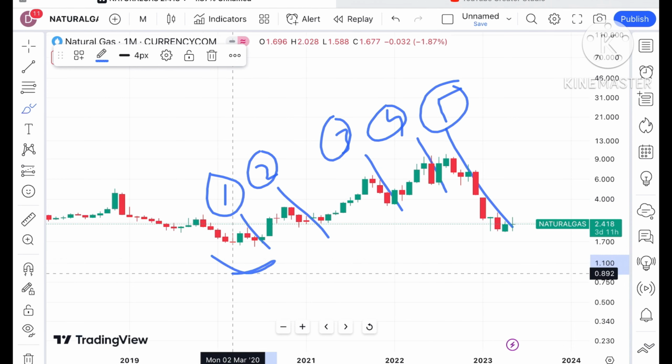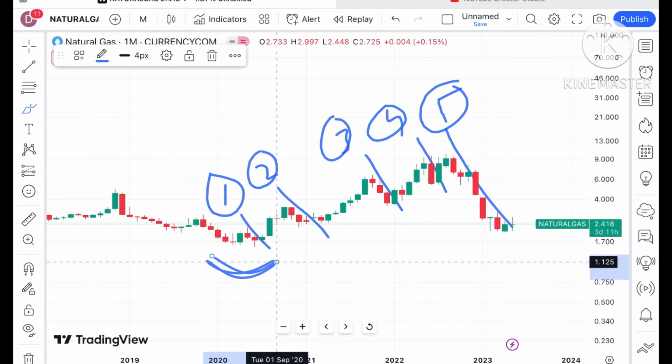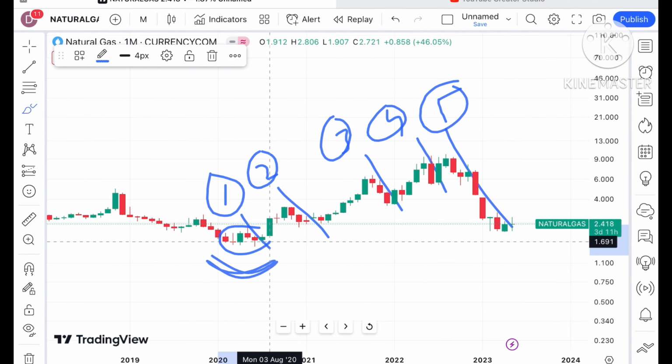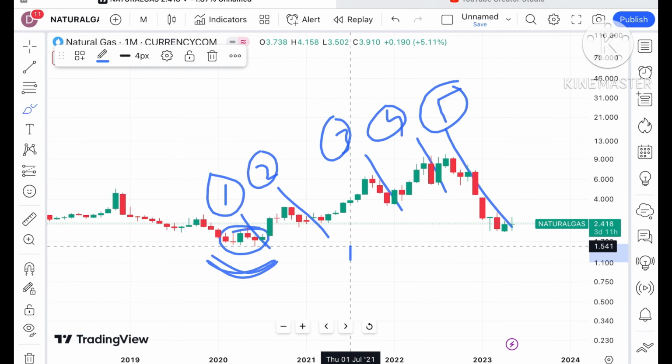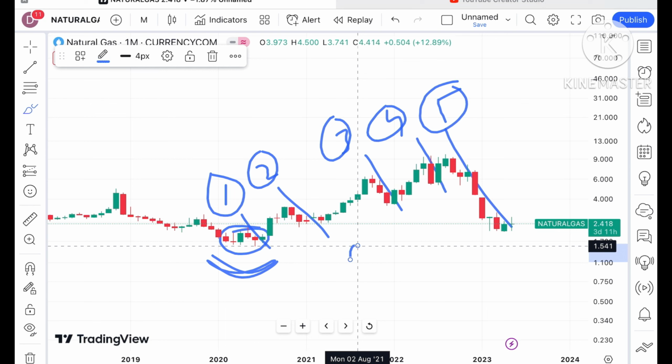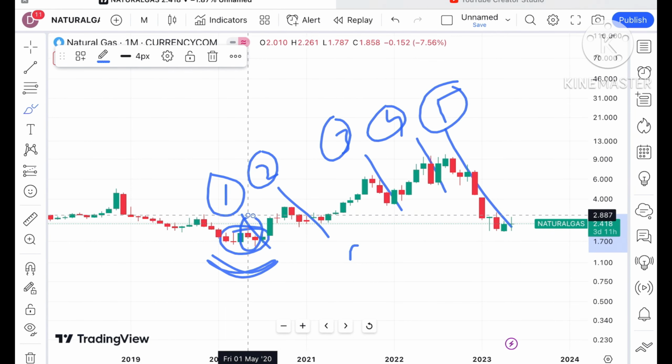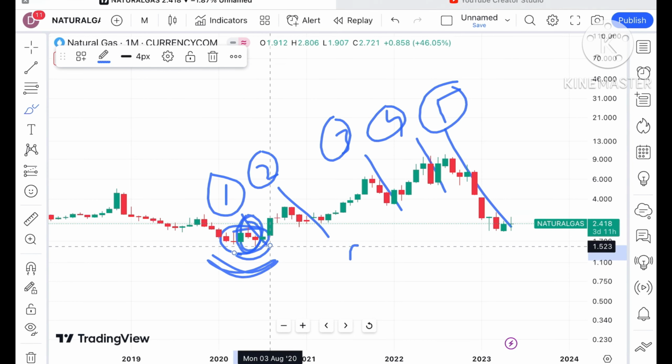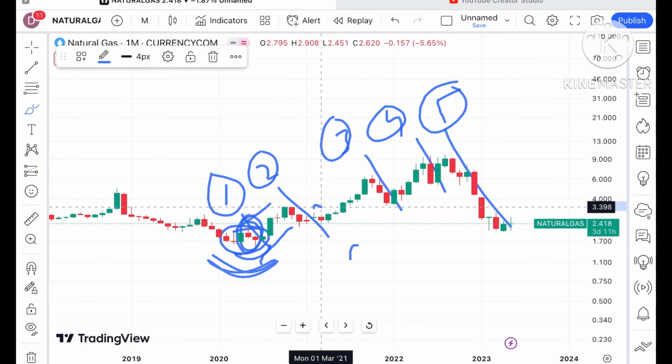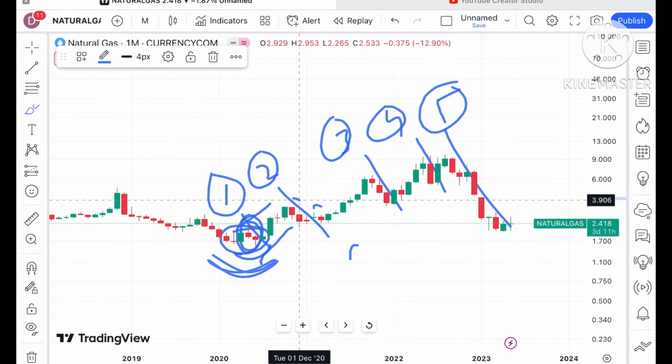Look at this particular chart. A swing is forming at this particular level. After the pandemic, it was in this zone, and the zone low was around $1.5. After that it tried to go upside. Whenever it hit the previous high, it created a pattern. Suppose this is the first high, it formed a swing, moved upside, made a second high, and after that a sharp fall came.